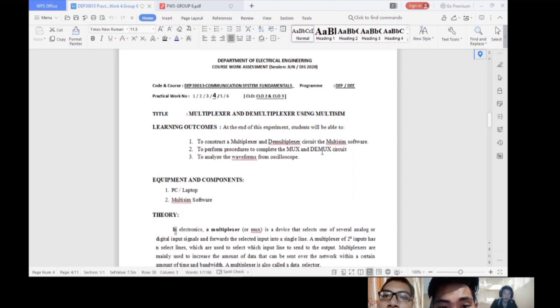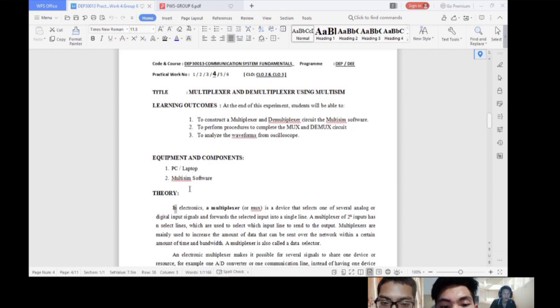Yang kedua, to perform procedure to complete the MUX and DEMUX circuit. Yang ketiga, to analyze the waveform from oscilloscope. Untuk equipment and component, kami gunakan laptop atau PC.